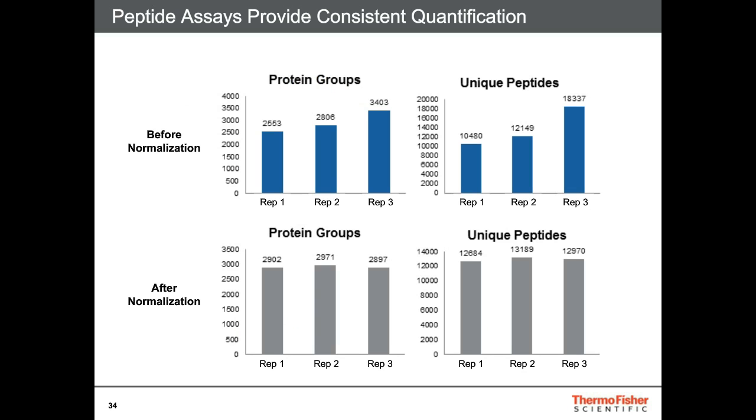One of the biggest benefits of measuring the peptide concentrations after digestion or cleanup is that you can normalize the amount of peptide loaded onto analytical columns for LC-MS. This results in much higher run-to-run reproducibility and can even lead to more peptide identification if combined with optimized LC conditions and instrument methods. Shown here on the graph on the top are the number of peptides from using only